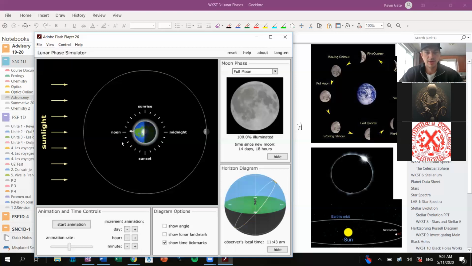However, if we go to noon, you'll see there are some phases where the moon is out during the day. You can see it here. From third quarter to new moon, the moon is out. From new moon to first quarter, you can see the moon during the day. So let's pause here on waning crescent, okay? As we go around,